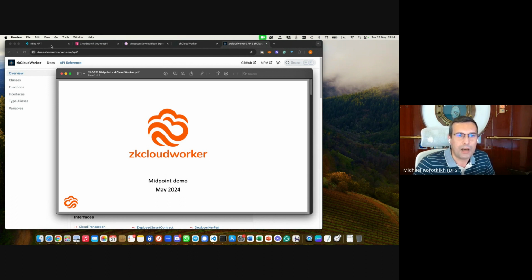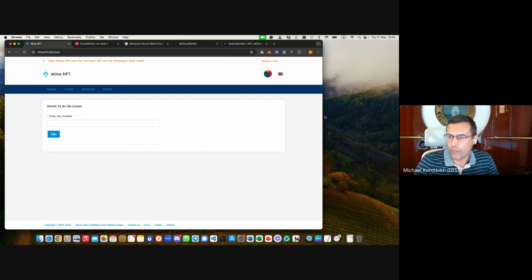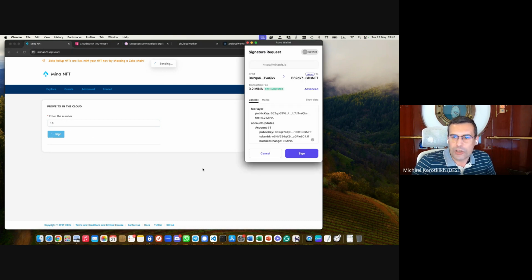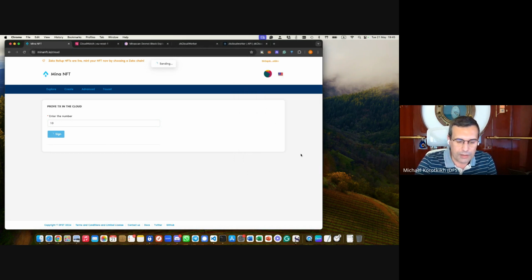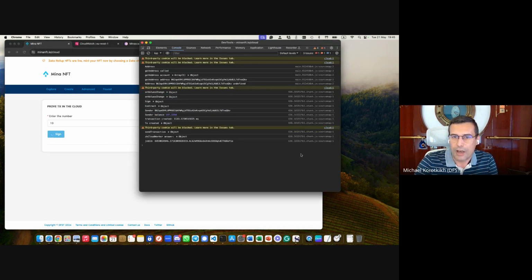So let's see an example of how it's working right now and what we can do. It's an example of a UI interface. Let me enter some number here and send a zkApp transaction to the network. I'm pressing sign as the transaction is being prepared, and immediately I'm receiving a signature request for the zkApp. I can sign it, and it's just 1 second. And then in the background,